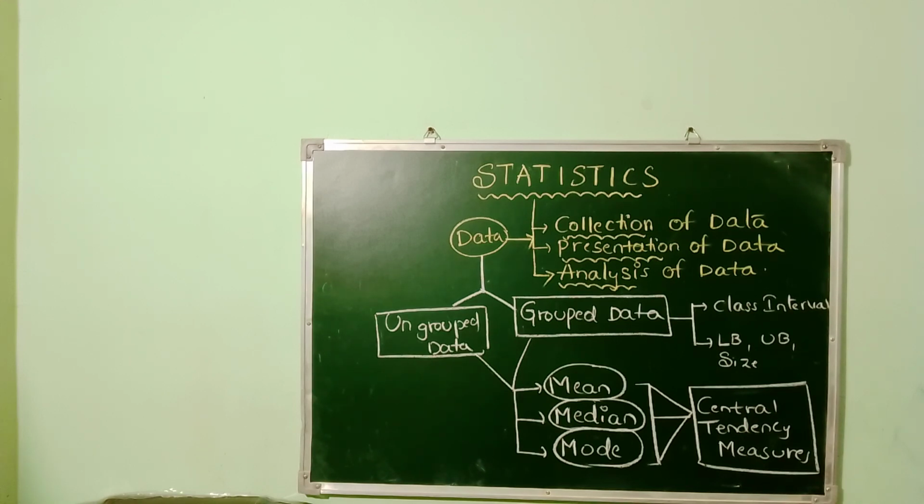Sometimes in examinations, they will ask, which of the following is not a measure of central tendency? Mean, median, mode, range. Then we have to choose the option range. Range will not be considered in central tendency. So this is the basic introduction. In the next session, we shall discuss each and every analyzing part, mean, median, mode, and how we are going to calculate them. We shall look at that.